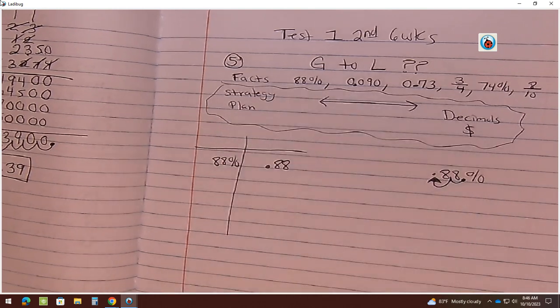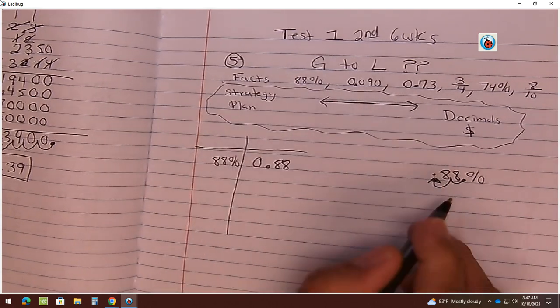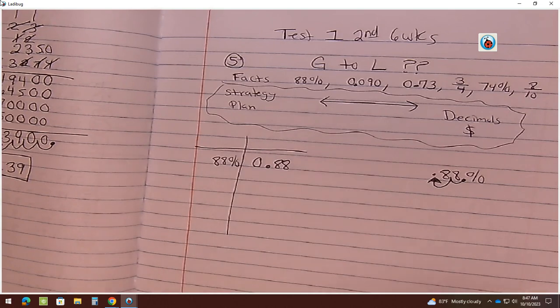0.88. Now, do we have holes or no holes? No holes. Why do we know we have no holes? Because it's less than what number did I tell you of percentage? Less than 100%. Guys, if it's less than 100%, that means that there is no holes. 88% is less than 100%, that means that there's no holes. Question with the first one? The next one we have